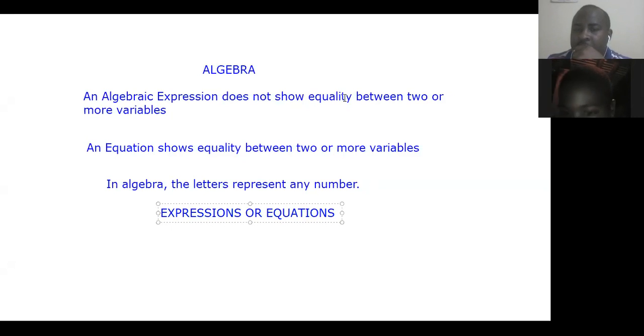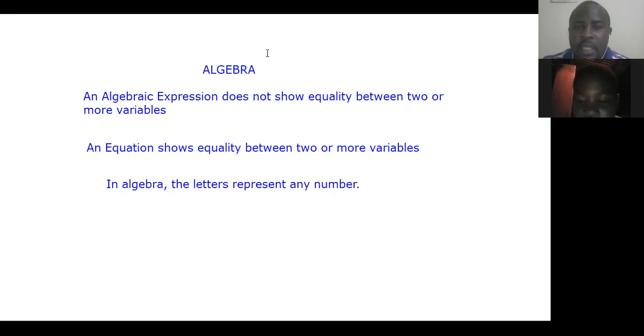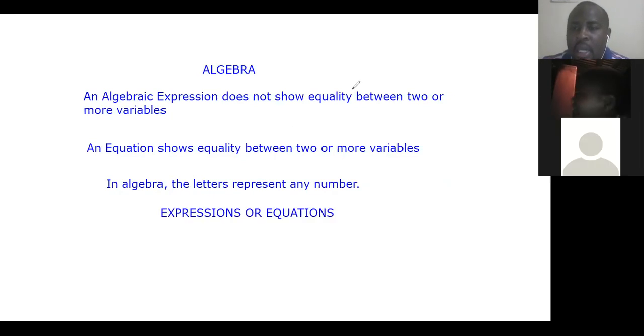Devonique, what does equality mean? All right, let's roll. So we're saying here, people, that the key to an equation and an expression is the term equality. So in other words, Dujan, in math, we can use letters in algebra, and these letters represent numbers. So let us say, for example, we find that 2 mangoes,